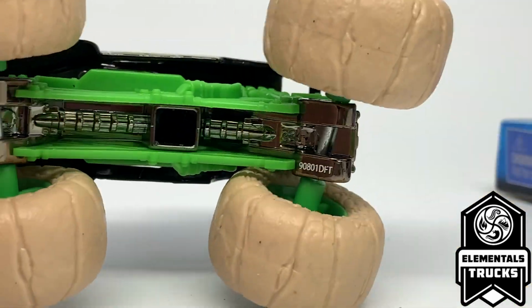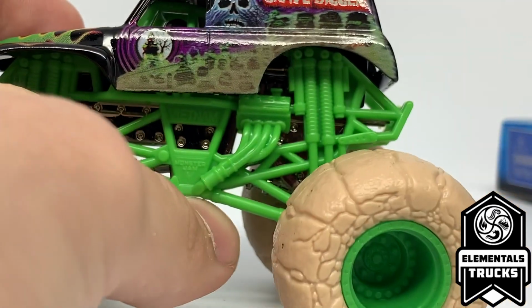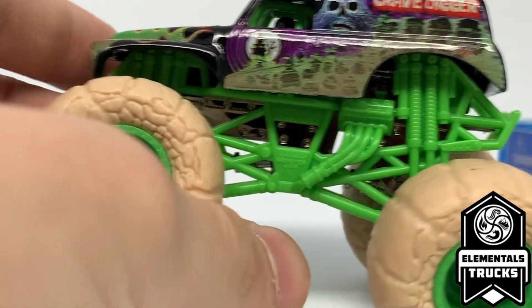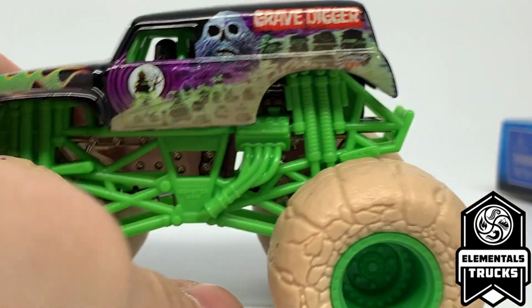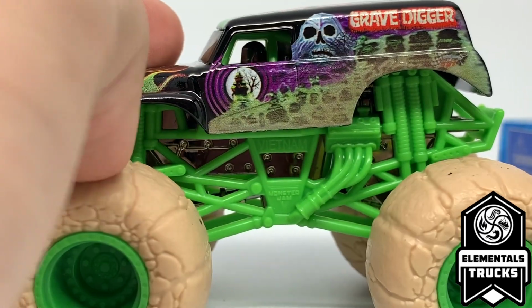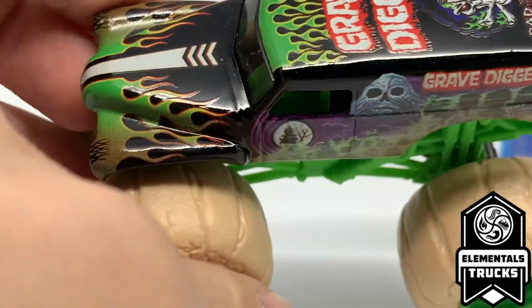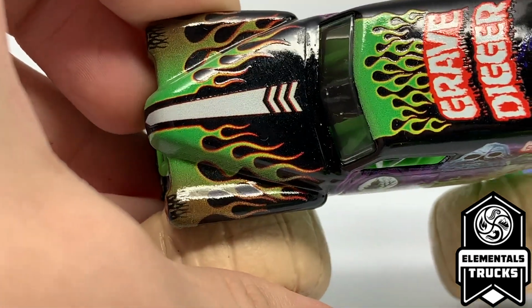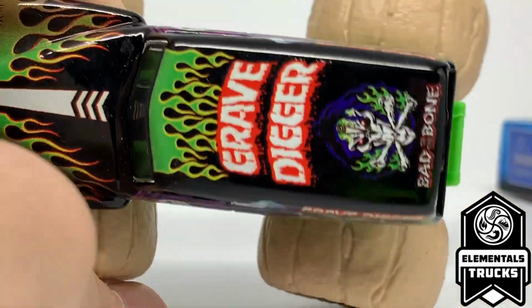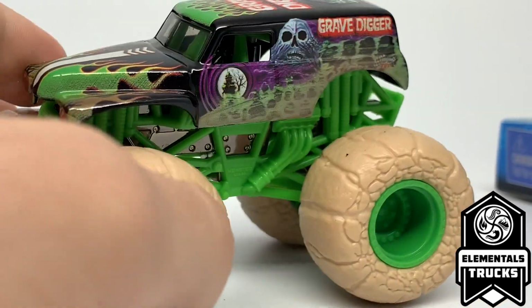And then we have a charcoal chrome chassis. That's unusual. That's pretty cool. And then a lime green roll cage and lime green rims to match, obviously, normal Gravedigger. And then a dusty, not muddy, but dusty side panel. It's obviously been in like a desert style rock terrain, so it has some dust on the side panel and also dust on the hood and the headlights. So pretty cool. I wish they would have put some dust on the roof there, but that is the Gravedigger